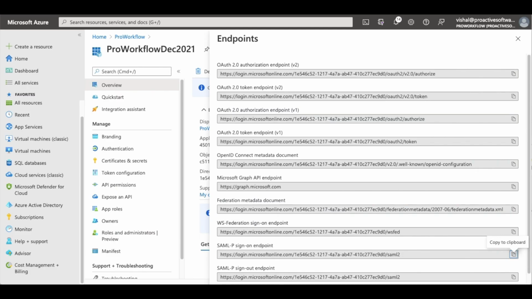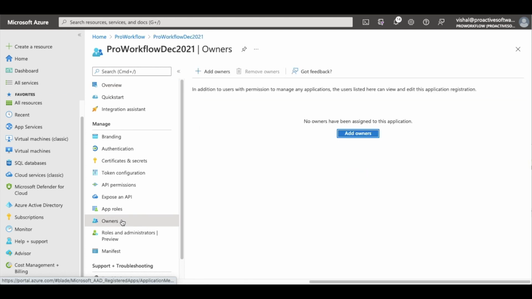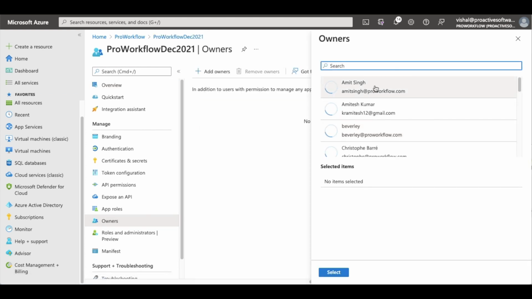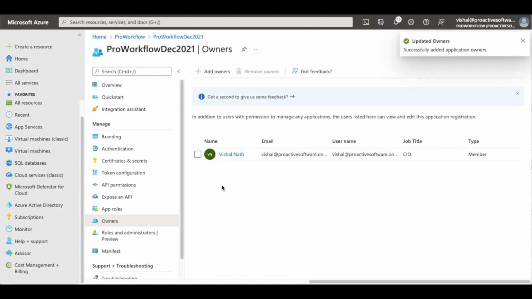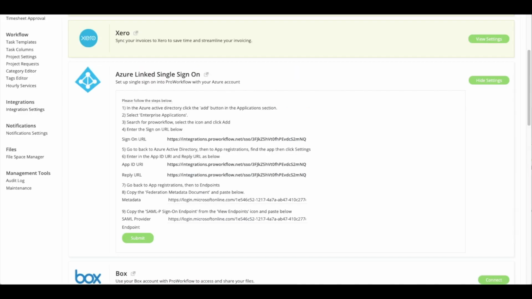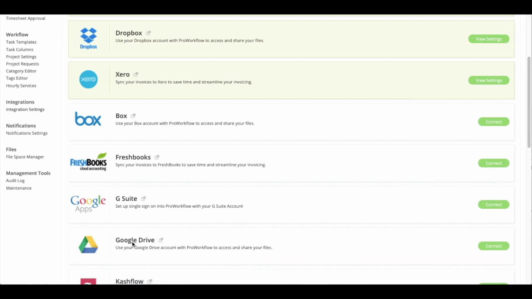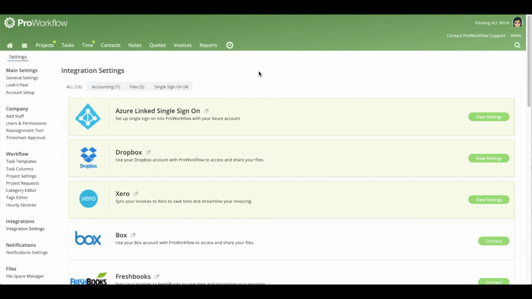And then we'll just come back into Azure, and we want to go into the owners, and I'm going to set our user up as an owner here as well, just so someone has that ownership of the account. Now at this stage, I'm going to come back into ProWorkflow, and I'm going to hit the submit button. There we go. So now our app has been submitted. We've got that data being exchanged between the two profiles,